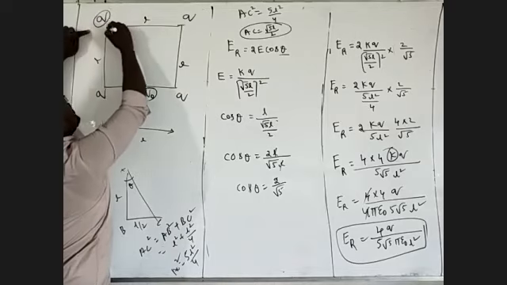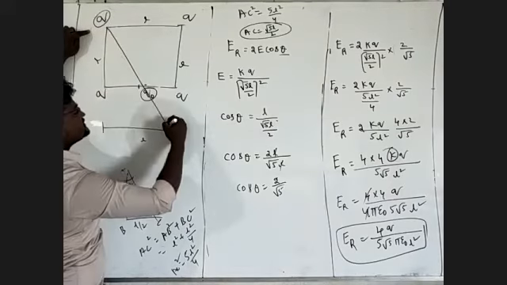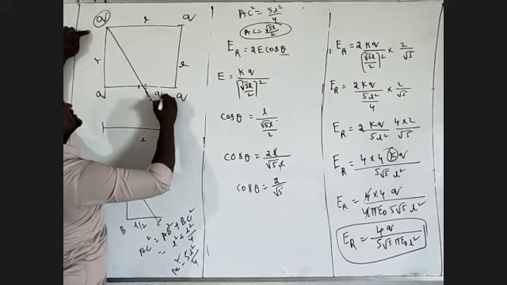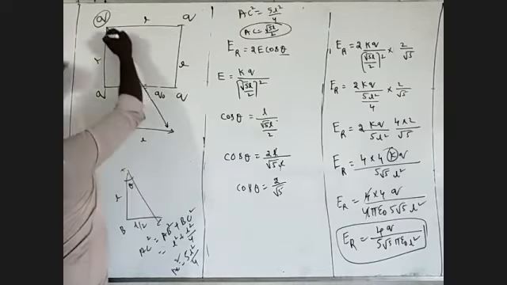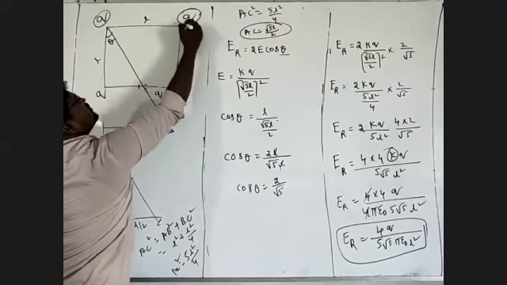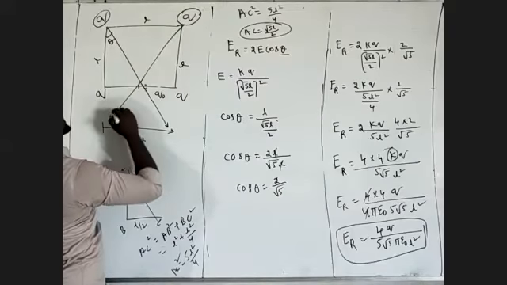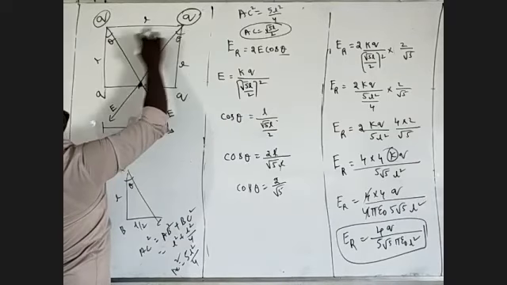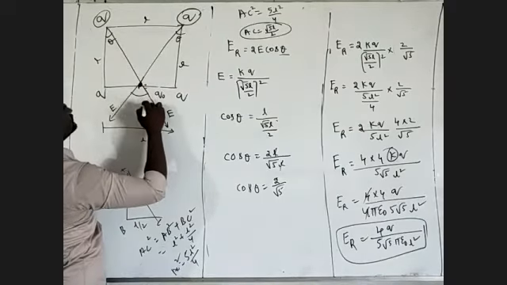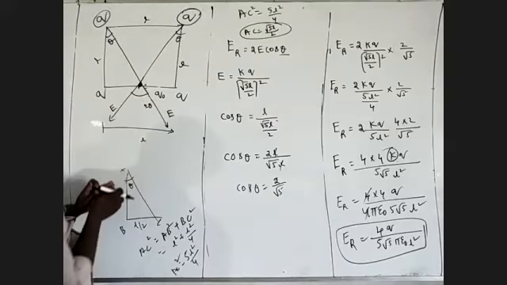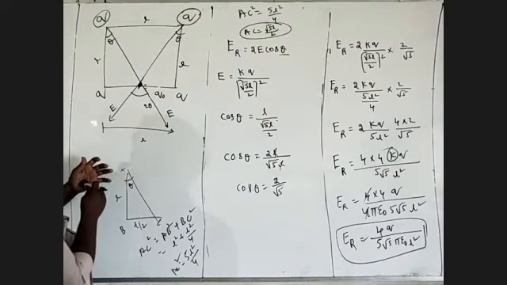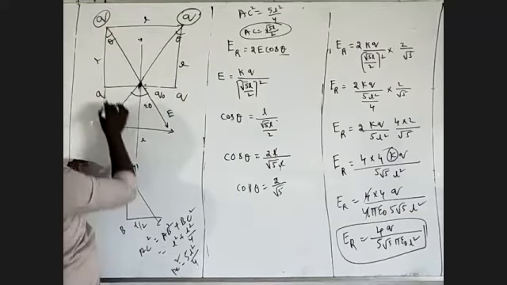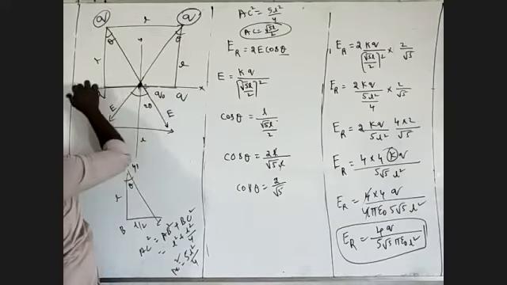This is Q. This positive charge is repelled in this direction. This is the direction, and now this is the angle it makes. Here this charge is also repelled in this direction. This is E, this is E also. Here making angle theta, here theta, totally 2 theta. Now we will see. I'm dividing the axes: this is y dash, this is x dash.